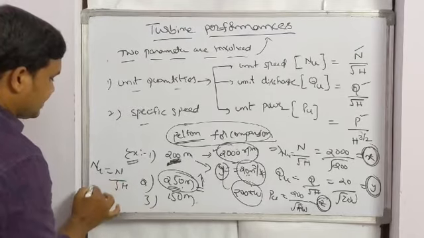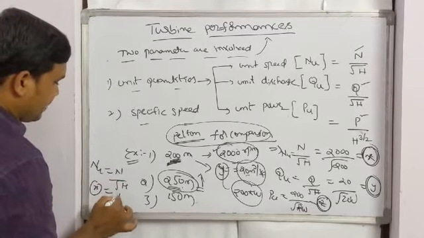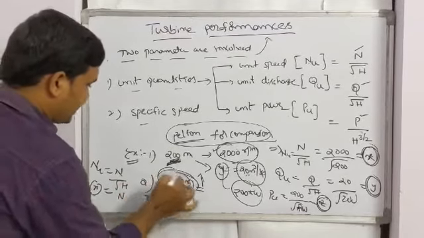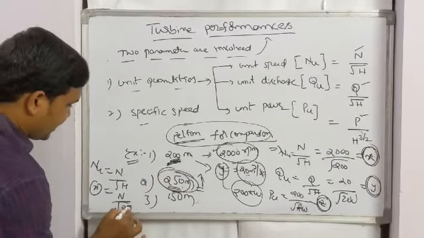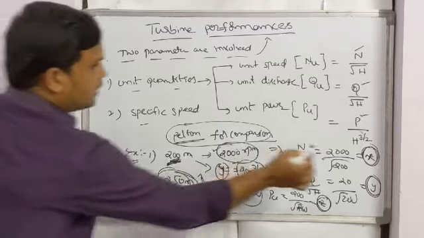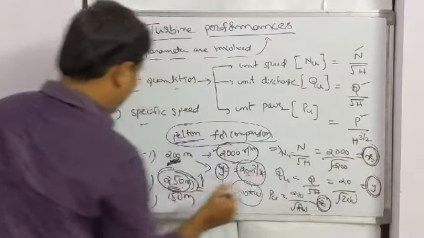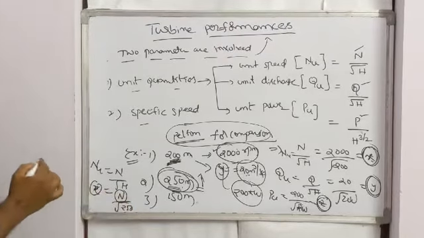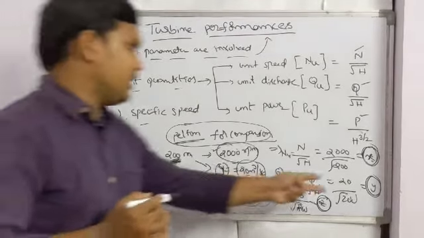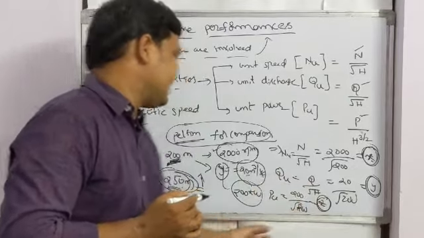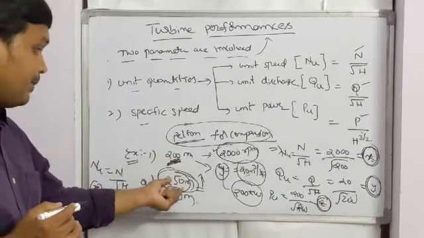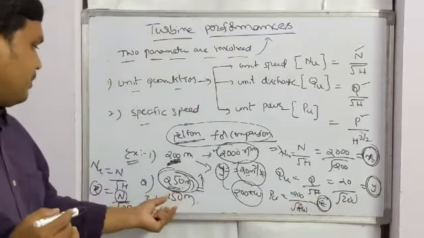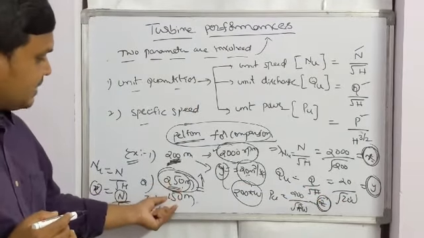So already we have the unit speed, and then we want to find out the values at a particular 250 meter head. The unit speed is already found, we have completed it. So we can calculate how much speed there will be. Similarly, we can calculate how much discharge will be available for 250 meter head, and how much power we can develop at 250 meter,